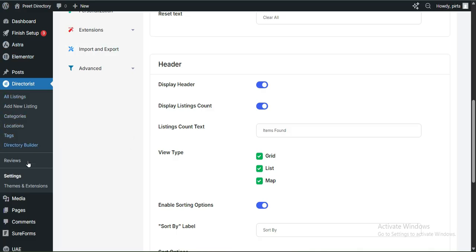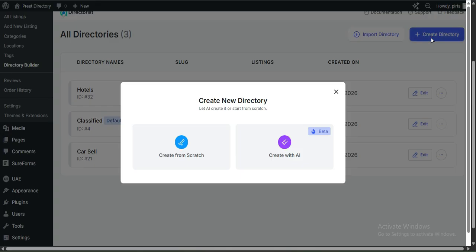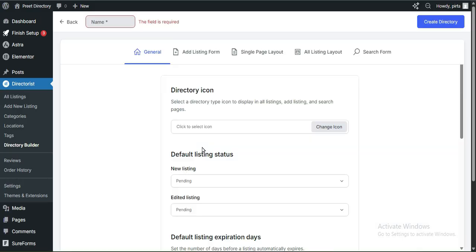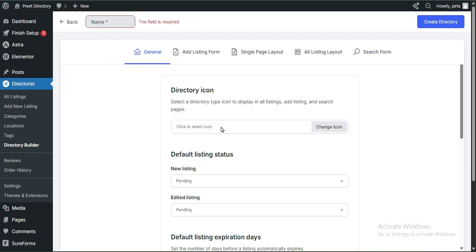If I go to the option directory builder, you can even build a directory for other businesses. If you do not have a hotel business or classified, or you're not dealing with cars, you can remove it easily and create your own directory from scratch. You have to name your directory and choose an icon for it. For example, I'm going to build a directory for